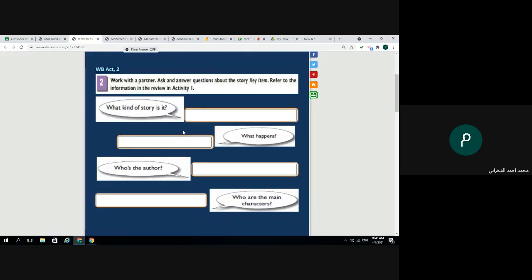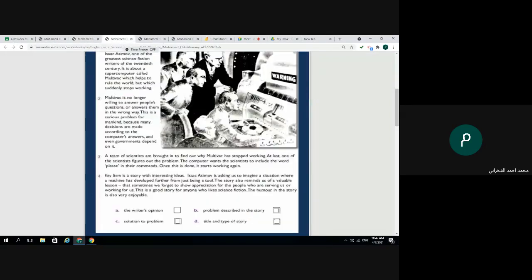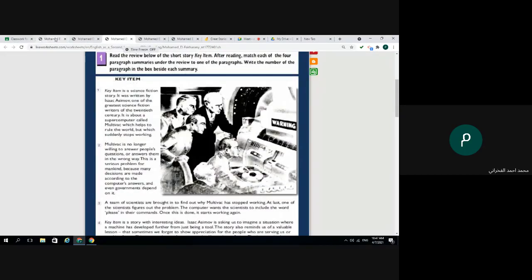Answer questions about the story Key Item. First question, what kind of story is it? Science fiction. Yes, science fiction. If you go back to the text, you can find the words science fiction.